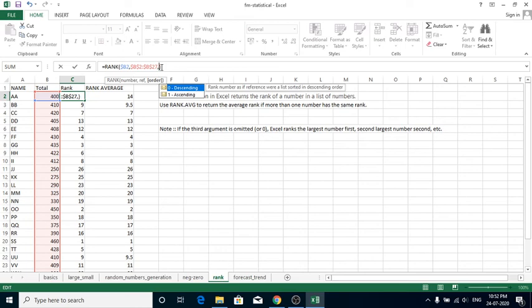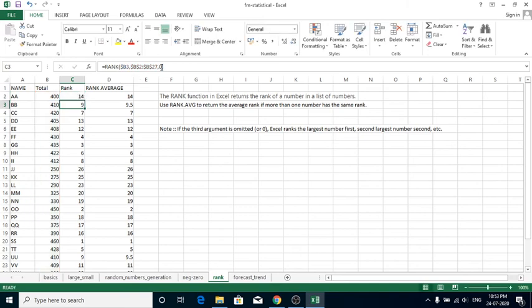If you do not put any third argument, it is taken as descending by default. That means the default value will be 0 if you omit the third argument in the RANK function. Here also we need the descending order. So I press enter and drag it down, and I got the remaining ranks also.